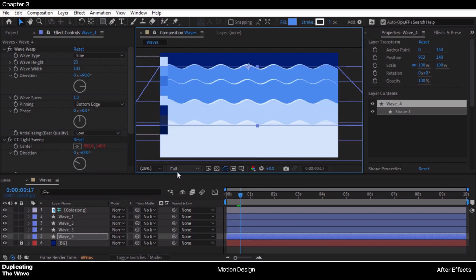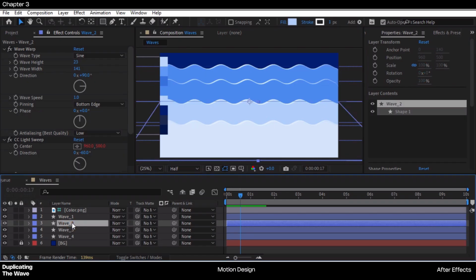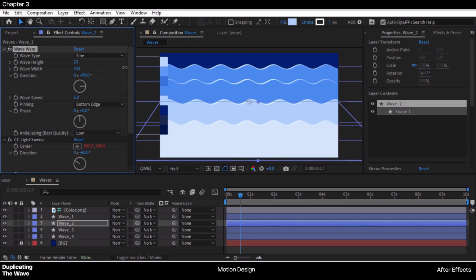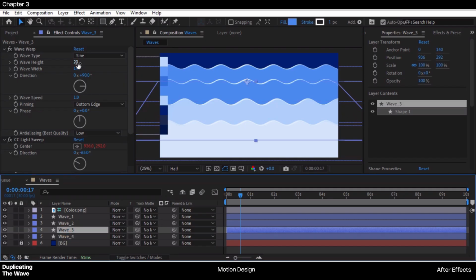I'm going to change this to half for now. The entire animation is repetitive and it's boring. So let's play around. First of all, let's go to wave 2 and change the wave width, and you can change the wave height. Play around with this, and you can also change the wave speed if you want. So it's going to be faster. Then I'm going to go to wave 3 and